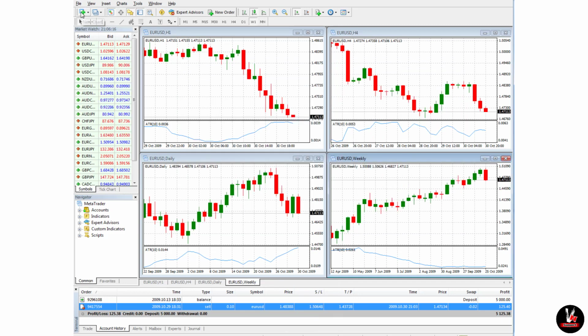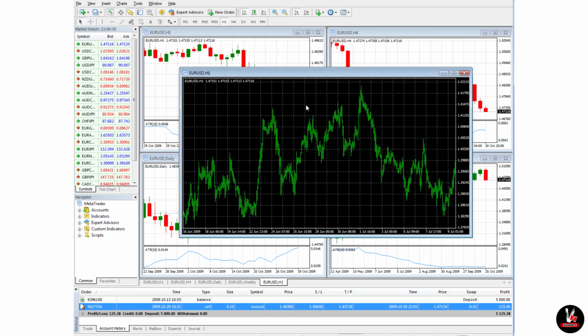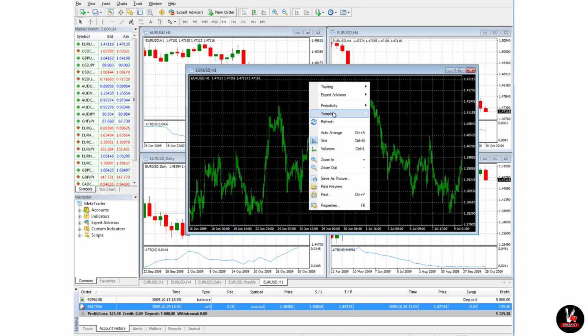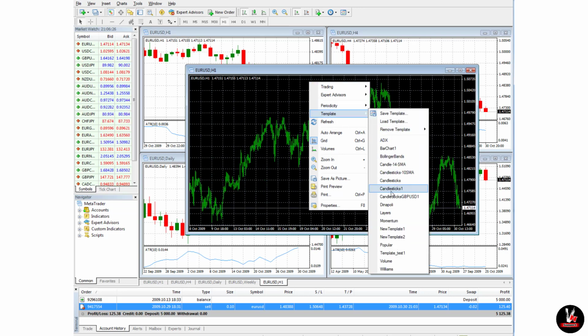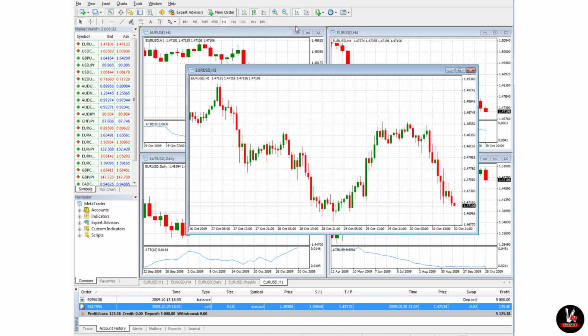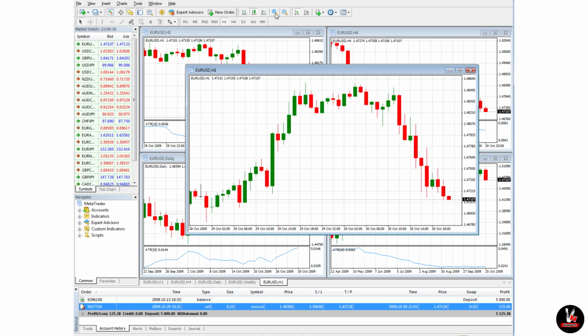Okay, we go up here, new chart. You see it's our standard chart there. We're going to go to templates, go to candlesticks 1, and there you go. And we go up here, hit the plus sign,